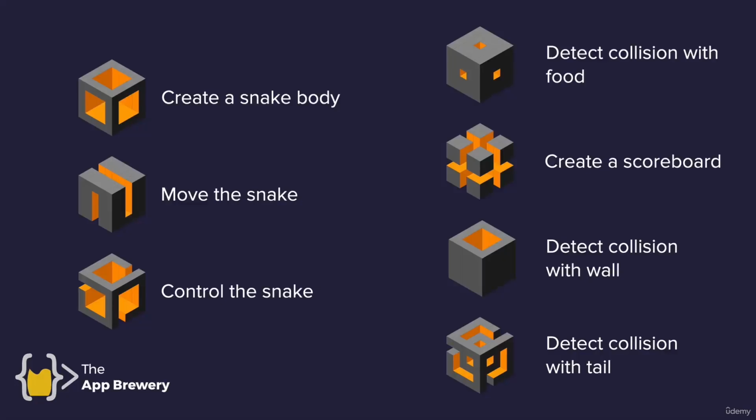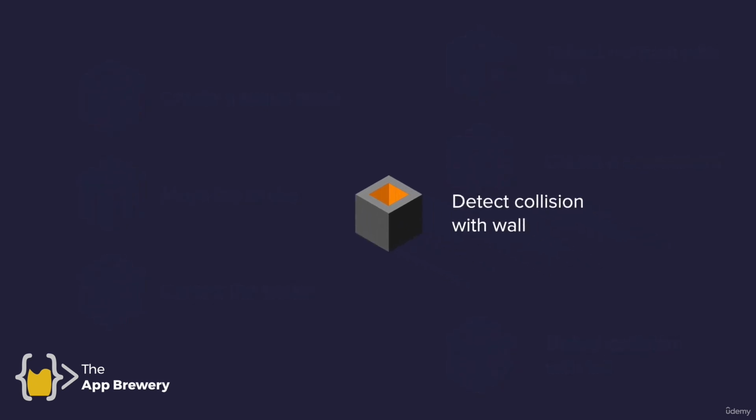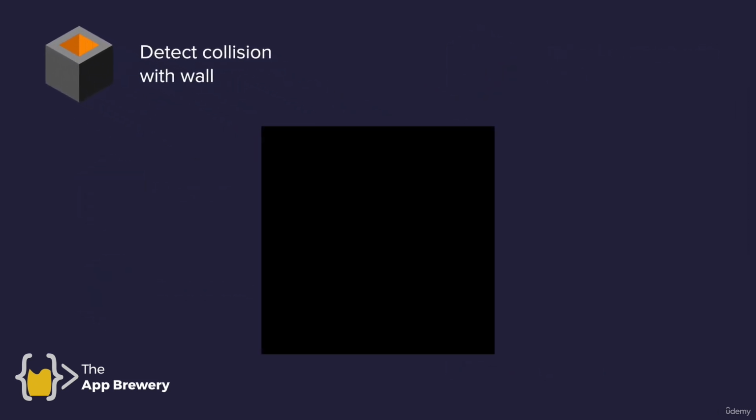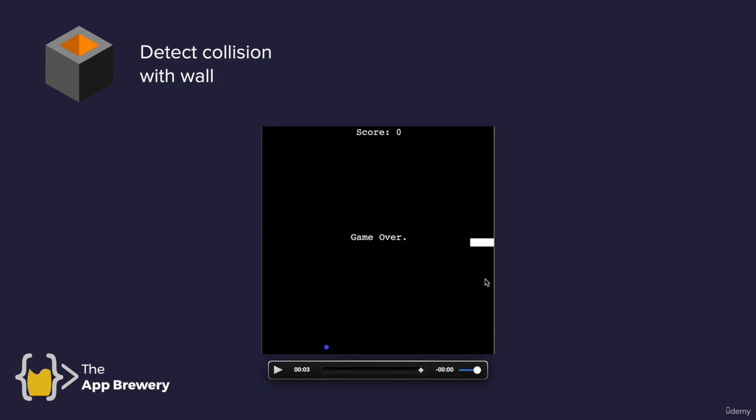We've coded up the majority of this game now already. All that's left to do is to define the two situations where we might get game over. And that is detecting collision with wall and detecting collision with tail. So let's tackle the easier one first. We want the snake, once it gets past a certain point that's very close to the four walls, to trigger